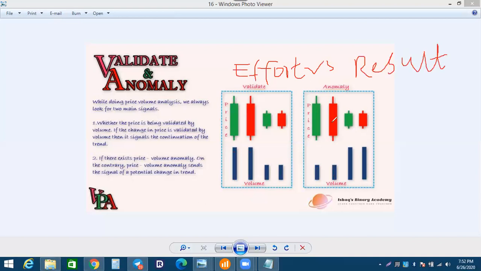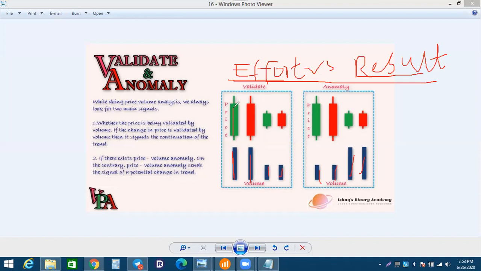In VSA, that is the law by Wyckoff. Wyckoff created this study about the VSA, and he wrote many books on the VSA, starting in the 1900s, from when volume was traded. So in this rule, effort versus result, we are comparing two things. The volume is the effort. All the time, the volume in the market is the effort by buyers or sellers. So if effort is high, then the price, which is the result,